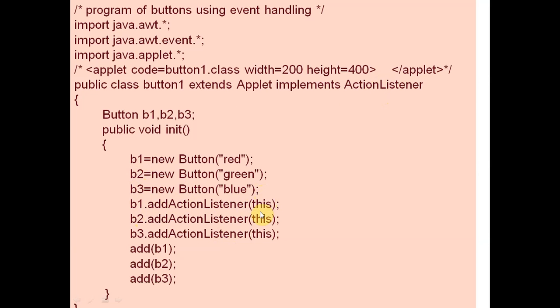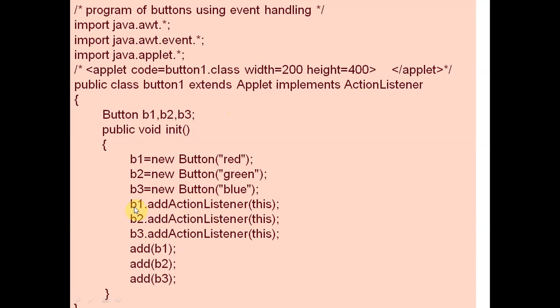That's why we have written the this keyword. This means the object which is defined inside the class. Suppose this is the Button1 class, and we are defining the object of the same class inside the class with the help of the this keyword. So this is the object of this Button class, and the Button class implements ActionListener. Button1 is the action listener class. That's why we have written addActionListener.